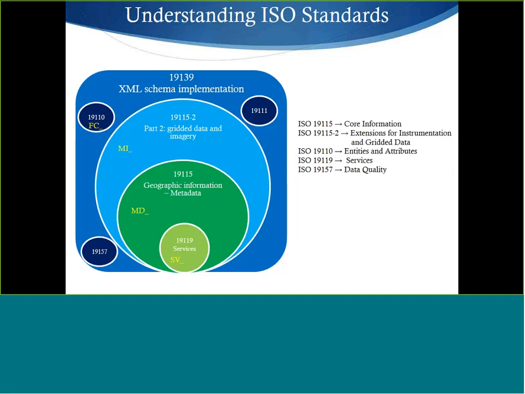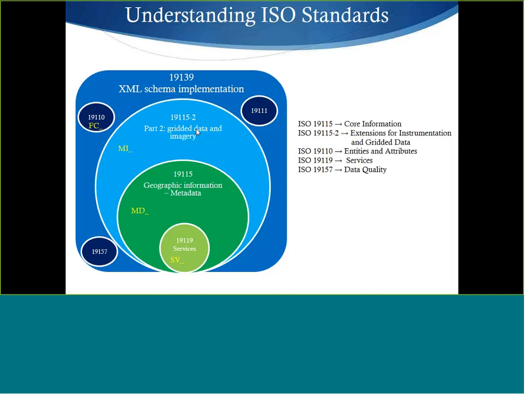to the same standard. So the ISO 19115-2 is a part of a larger overall standard called 19139. The XML schema implementation is what it's called. Most of the information that we talked about in this first section is going to be under the green circle. Most of the stuff that we're looking at is going to be in the green circle. That's 19115. The 19115-2 includes everything in 19115